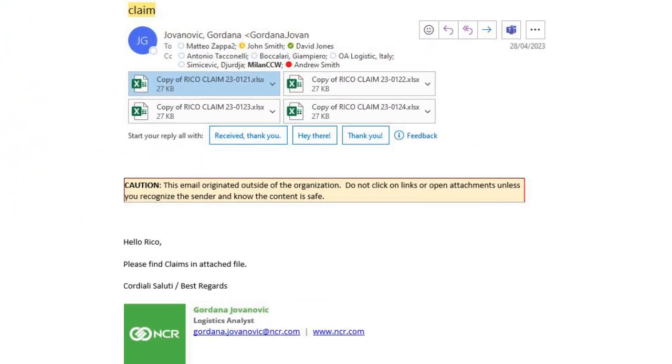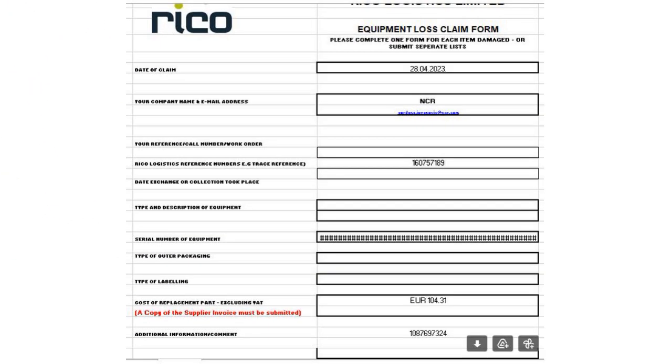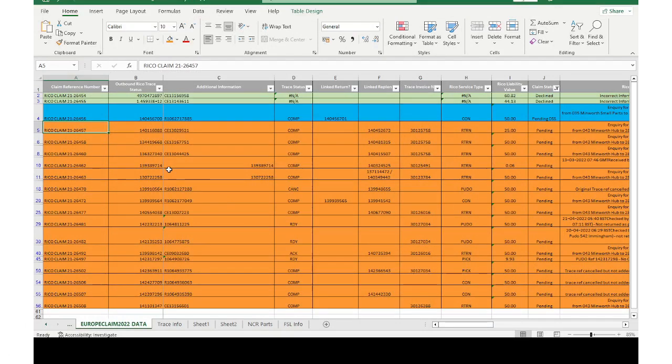Here's an example of a claims email from the customer NCR, and within this email will be attachments of claims forms, which we'll look at next. The claims form will include the date, the country of submission, the trace request number, the part number, and the claim value. So here is a claims file sent by the NCR team in India and then validated by John Smith currently